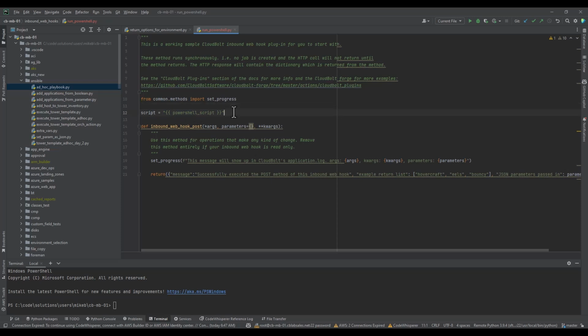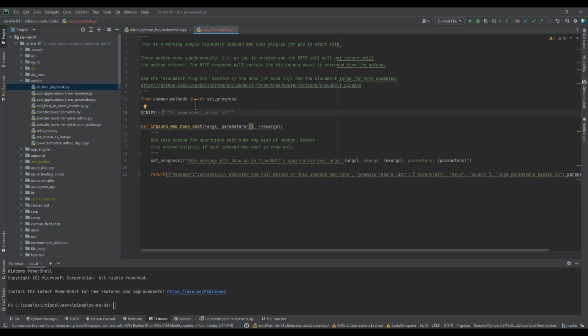So I'm going to prompt the user to pass in a PowerShell script. I'm actually going to set this to a global variable, just because it's kind of outside of our methods and things like that. And then I'm going to use this script variable once it's been passed in to actually, you know what I'm going to do here? I'm going to do triple quotes, because what I suspect may happen is if our PowerShell scripts end up having single quotes inside of them, I don't know how this escapes inside of here. So I want to be sure that this is a string, and it could be a single line PowerShell script. It could be 100 lines. We just want to be sure that we're not